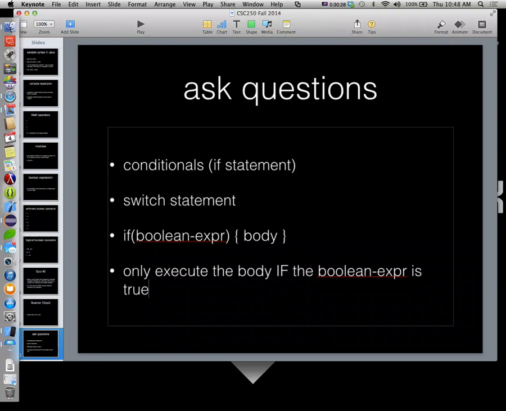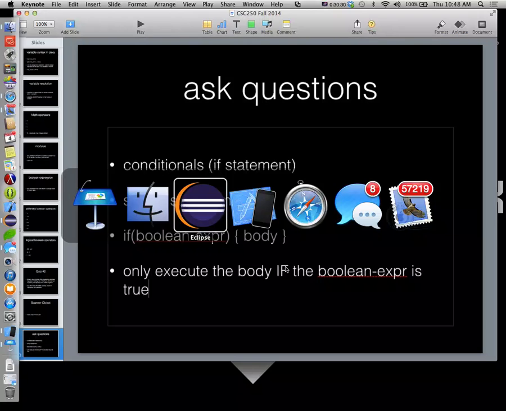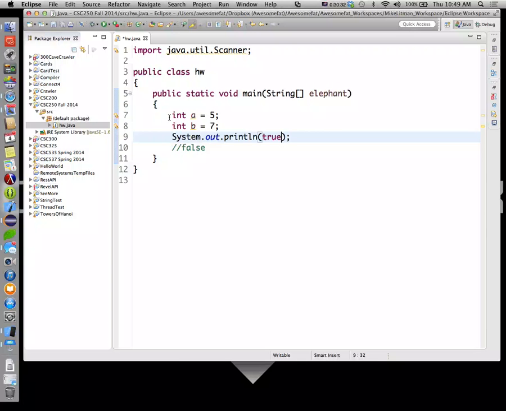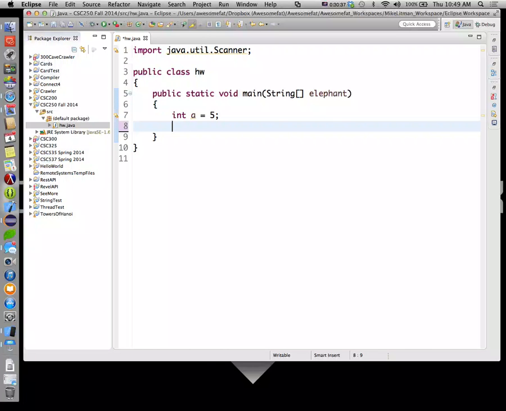You can pretty much put a whole program inside the body. We're going to do it here. We'll just give ourselves a single variable, a. I'm going to say, if a is less than 10,